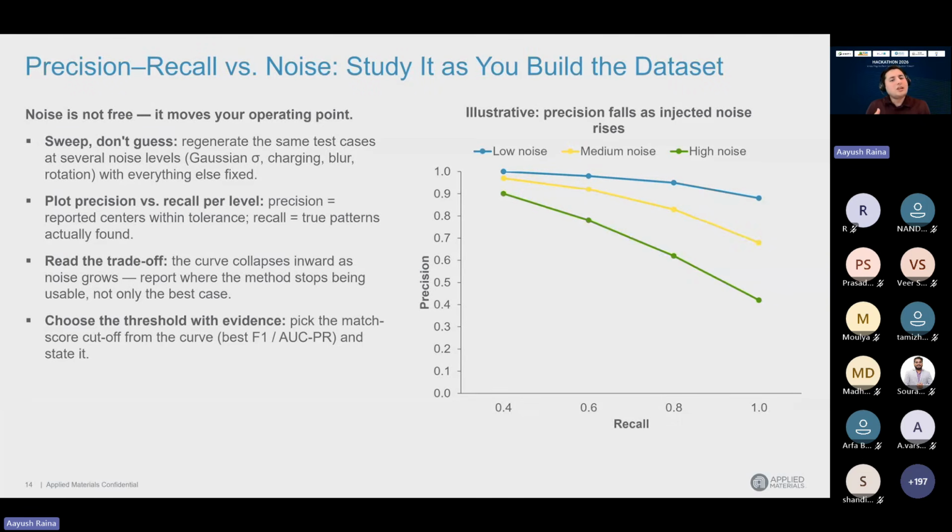This is a study everybody should know when working in machine learning algorithms. These are fundamentals, and from the confusion matrix you will see that adding more noise should drop your accuracy to some extent, and you will not do well. So this study is something which you will do.